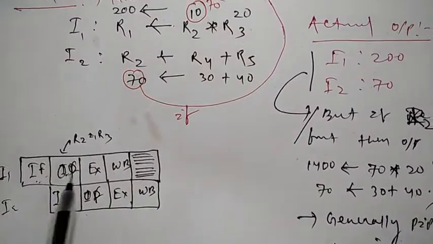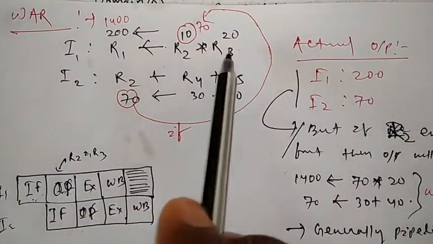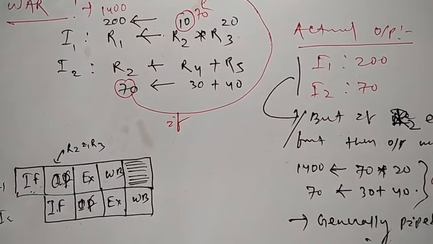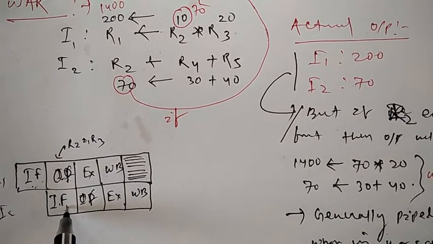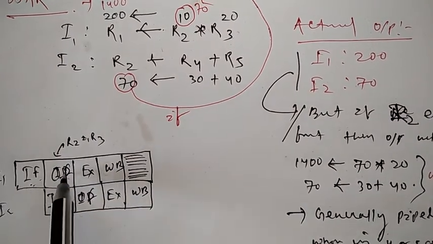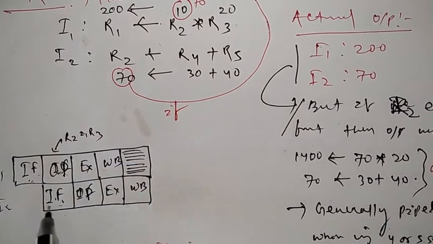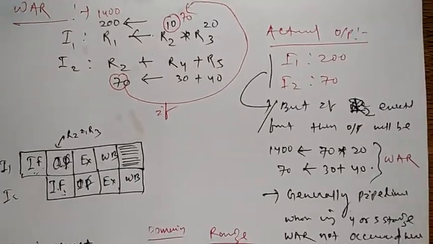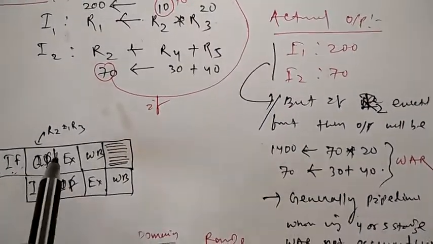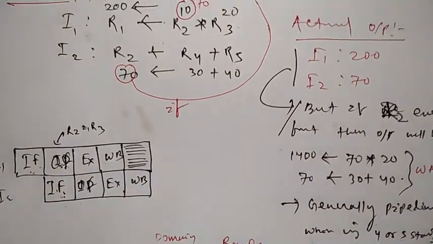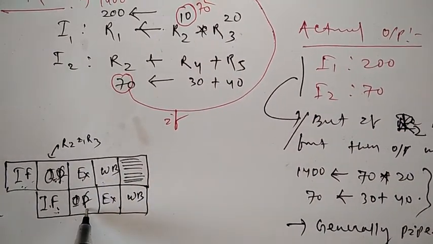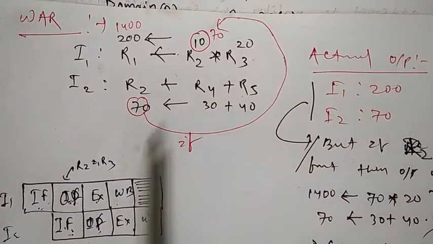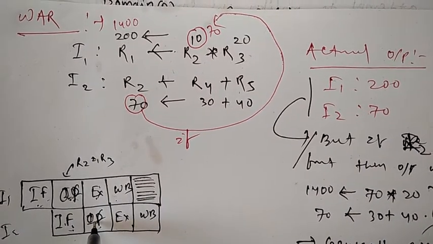So when the operand values are fetched, both R2 and R3 values are fetched at the same time. What happens in the second instruction? Now it loads the instruction, or instruction fetch is there. Here instruction decode or operand fetching is there. Look here, R2 and R3 values are already fetched, then it goes for execution. At the same time it is fetching the R4 and R5 values.